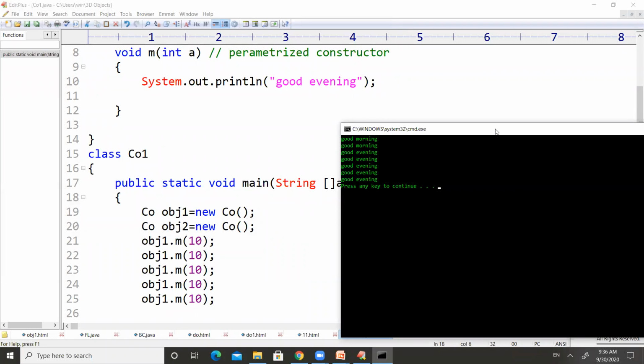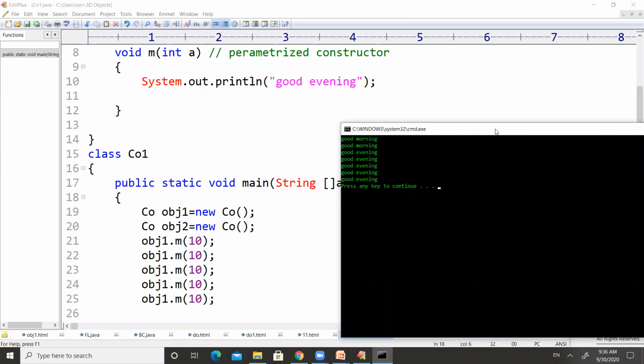So by creating one object, we are able to call the method any number of times. But by creating one object, we are able to execute the constructor only once. So that is the meaning of the third point.